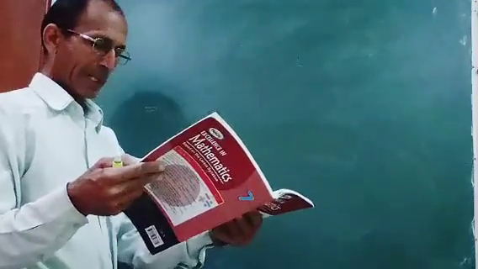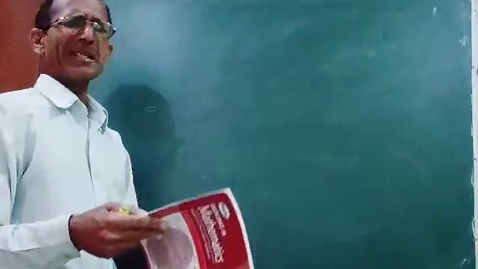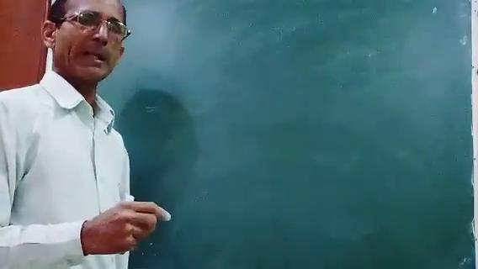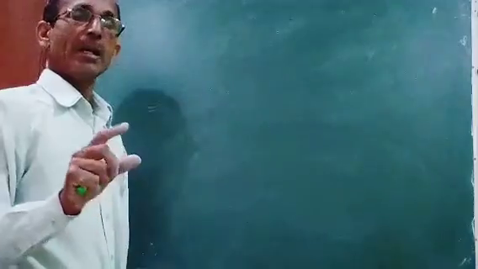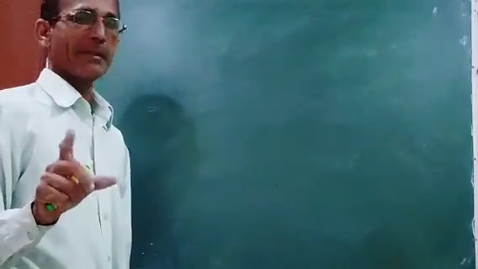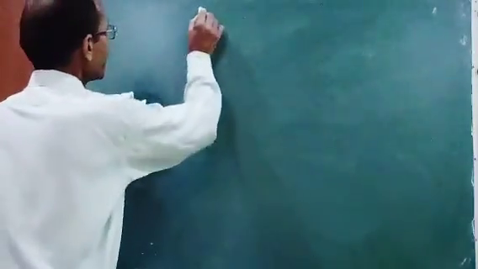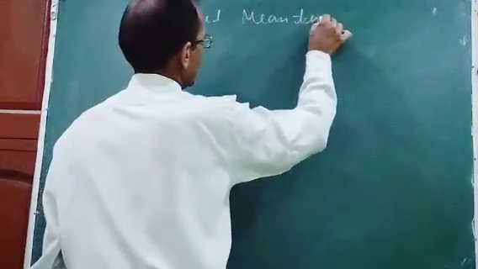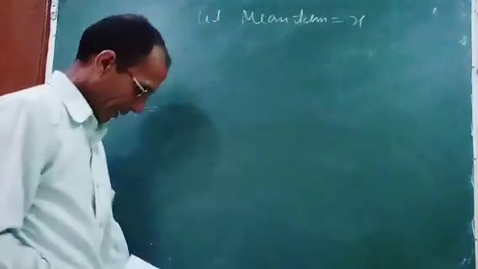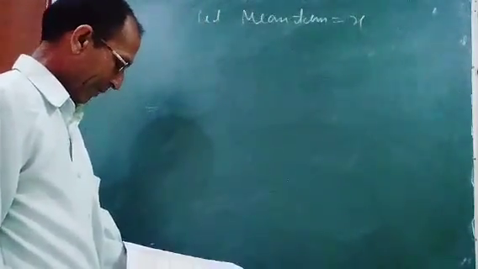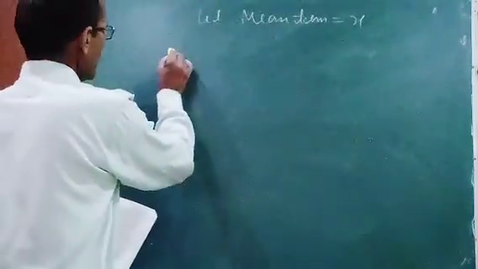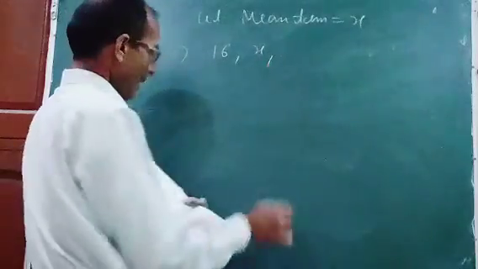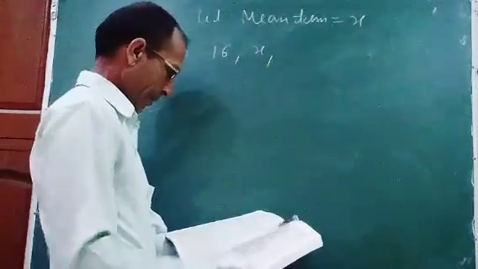The mean proportional between 16 and 4. All questions are like this, where one term is not given. One more question I will solve and I hope you will understand. Now the second term, the mean, is not given. Let the mean term be x. This is part number 3. So the first is 16, the second I assume x, and the third is given, 4.